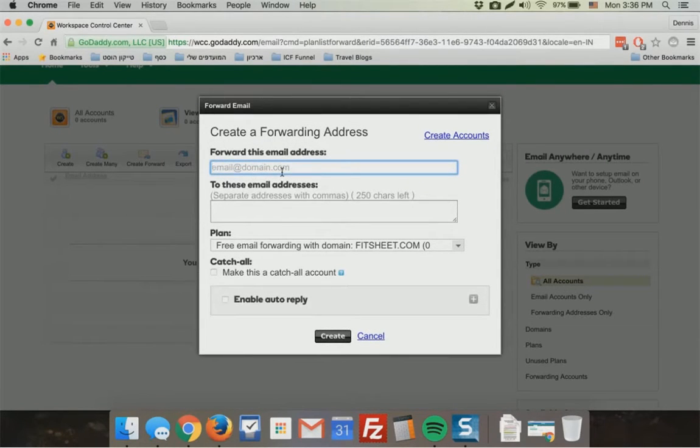Excellent. So what are we doing basically? What we're doing is we're creating a forwarder that will deliver emails from the email address that you're creating into the address that you're using every day. So if, for example, I'm going to create the address dennis@fitchy.com, when emails will be sent to dennis@fitchy.com, it will automatically forward those emails into my personal email Gmail box